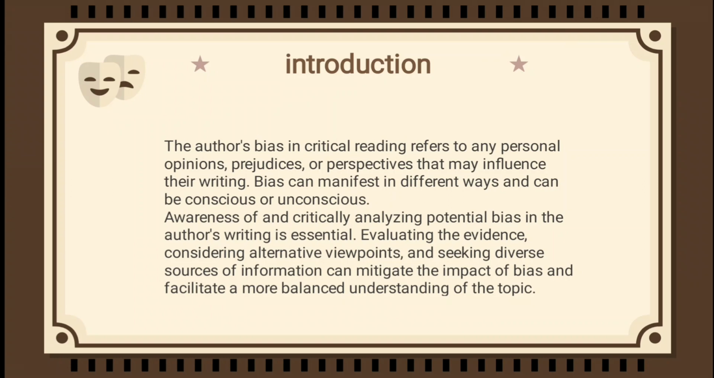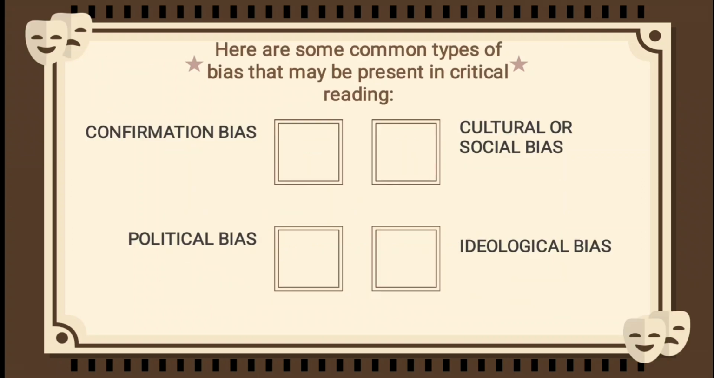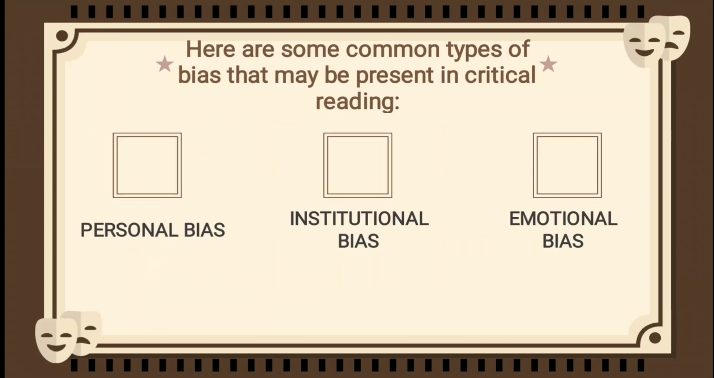Evaluating the evidence, considering alternative viewpoints, and seeking diverse sources of information can mitigate the impact of bias and facilitate a more balanced understanding of the topic. Here are some common types of bias that may be present in critical reading. The first is confirmation bias, political bias, cultural or social bias, ideological bias, and then personal bias, institutional bias, emotional